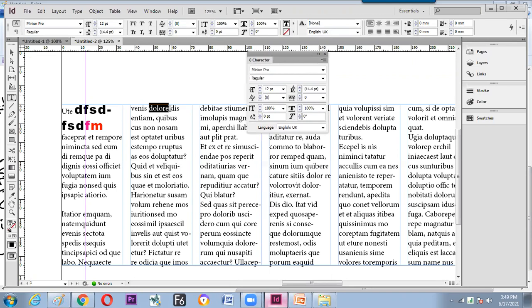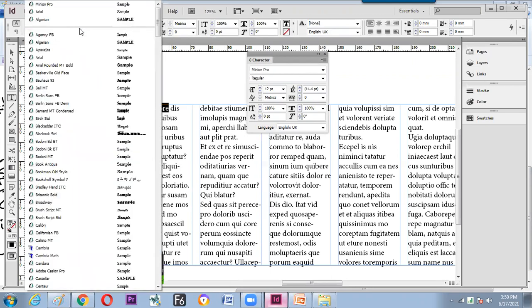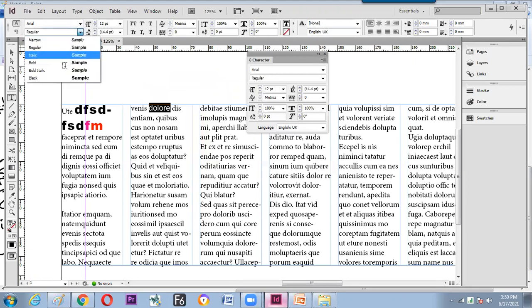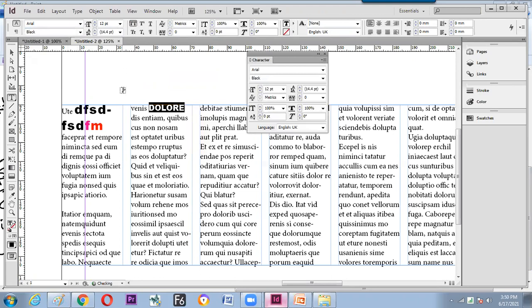We have designed a particular character style, so we'll go for styling now. Step number 1, start changing the style whatever you want. We want it to be in Arial, and it should be bold, black, in capital letters. So let us take a case. This is what our demand is: Hyderabad to be written in this style.